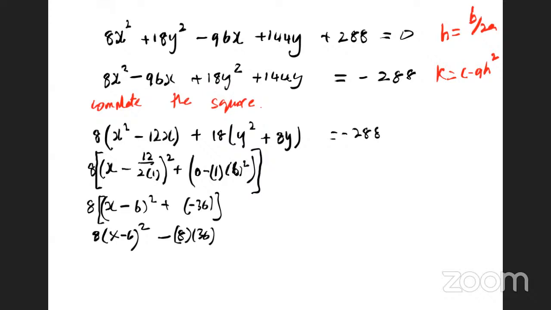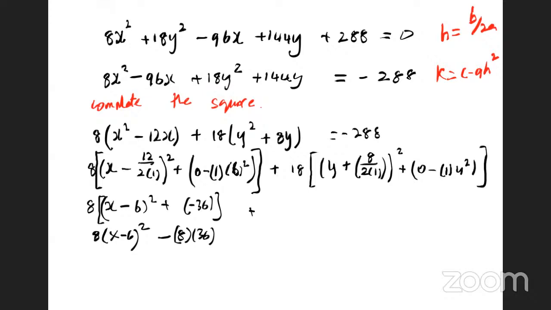All right, next part, plus 18, open brackets, y plus h, where h is b on 2a. So it's 8 on 2 by 1, all squared, plus, again, c is 0, 0 minus a is 1. 8 on 2 is 4. 4 squared. Close brackets. So that's plus 18 by y plus